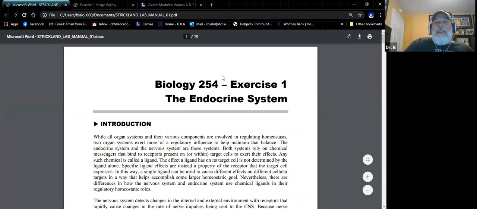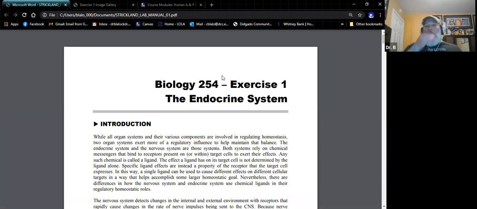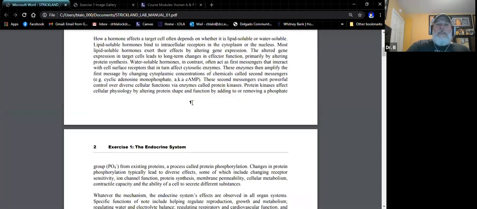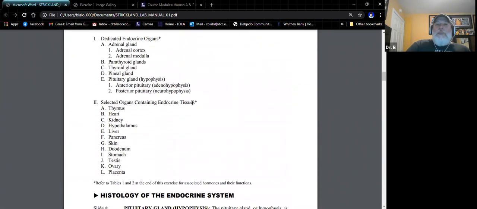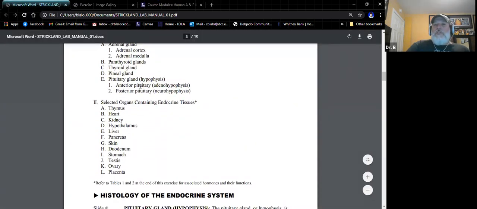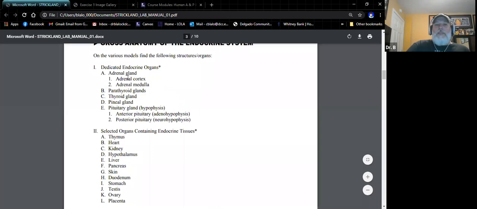Today's lab is not a very long lab. The reason it's not a very long lab is because we don't have a lot of identification. You'll see that the model list that we have is a fairly short model list as far as model lists are concerned in these classes. So we will go through the image gallery and I will identify these different structures and these different organs for